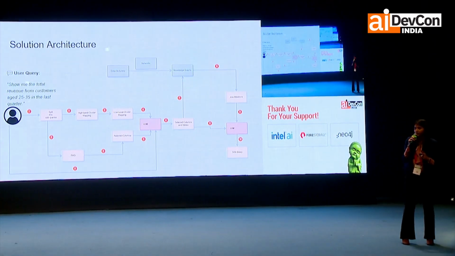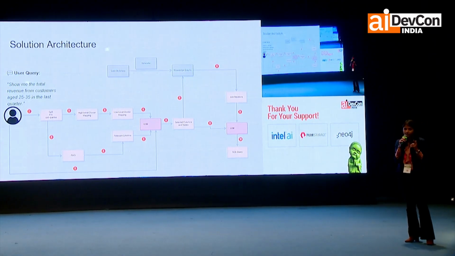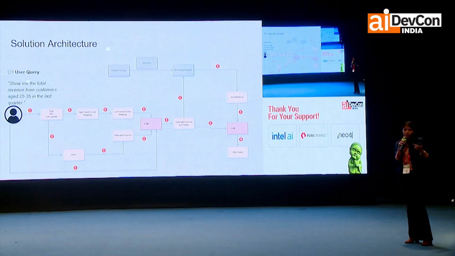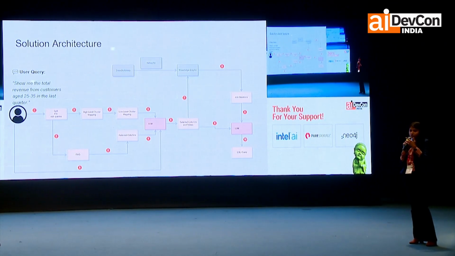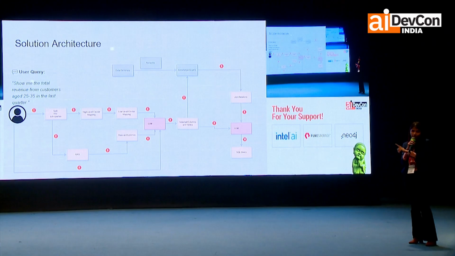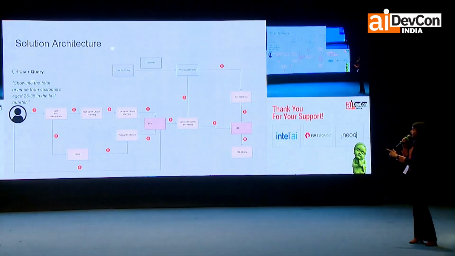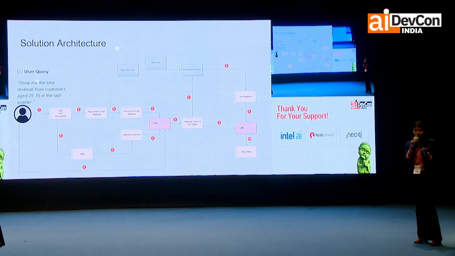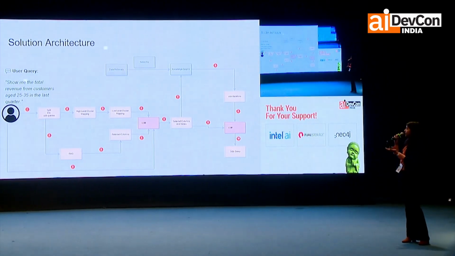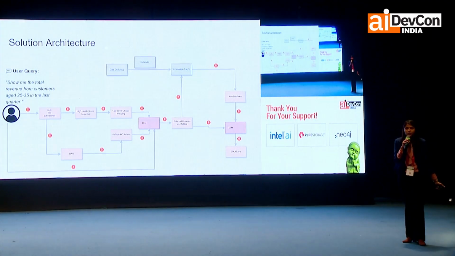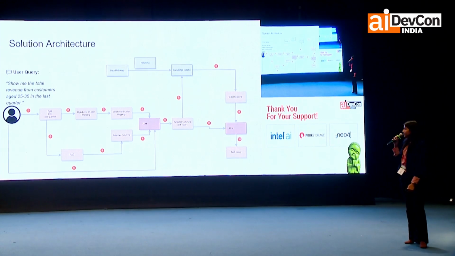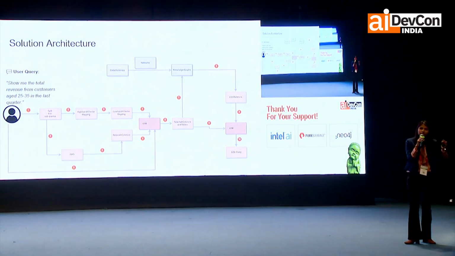We will see what are the tables and columns which will be relevant for this query. So first we will see the total revenue. We'll see what can be the columns and tables that will be relevant to calculate total revenue. Then we will see, okay, customers aged 25 to 35. Now we need to find the age column. Then we will see, okay, they are talking about last quarter, so let me see the time related columns and tables. So similarly here also, we split the query.